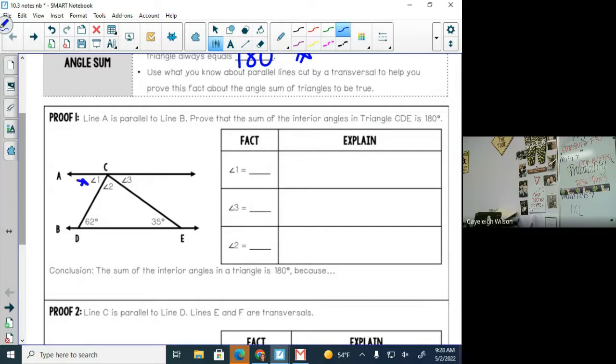Now, to figure out what angle 1 is, I've got to first find it. So right here. All right, Ryan, what are you going to say? It's an alternate interior. So what Ryan's looking at here,